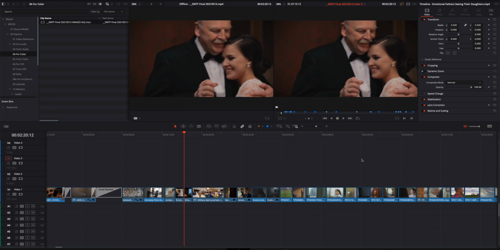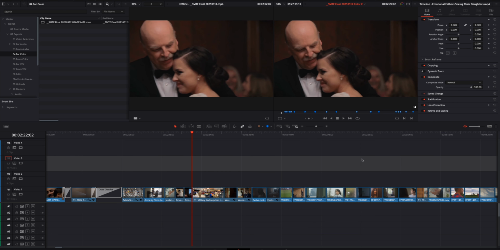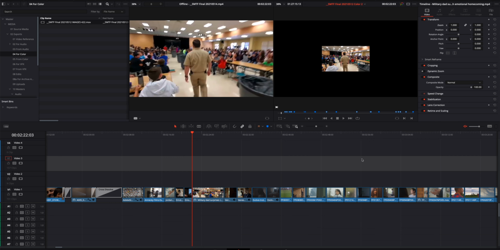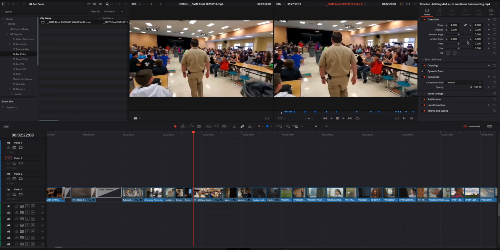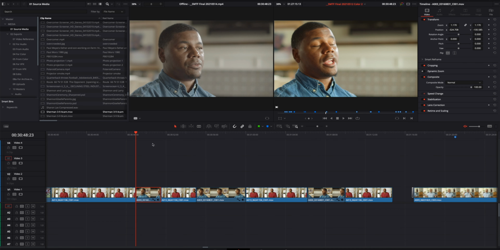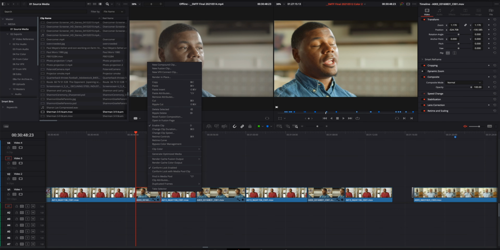Then as I scrub through, I want to make sure I look at the edges of the frame to make sure that the timing and the layout and sizing is correct. So sometimes stepping through frame by frame to make sure that different portions of the image are in the same position is helpful. When you have a clip that's out of sync, find it in Media Pool,